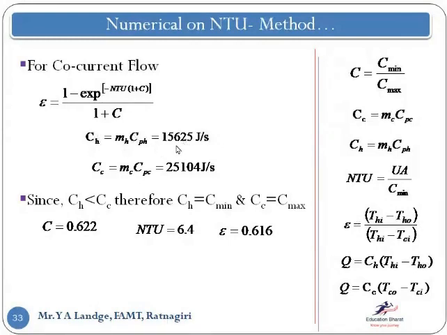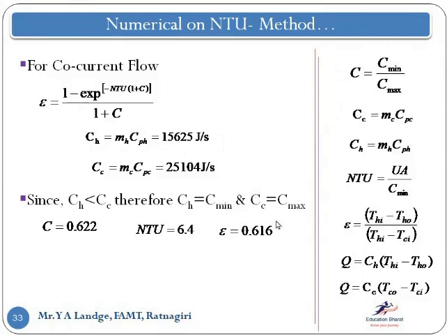It is 15,000. But if the reverse case happens here, say suppose that this value is the minimum. In this case, the formula changes like this: TCO, the outlet temperature of the cold fluid, minus the inlet temperature of the cold fluid, and the denominator as it is, no change. But as the condition here is that this is the minimum, I'm taking THI minus THO, the inlet temperature of the hot fluid minus the outlet temperature of the hot fluid, upon the inlet temperature of the hot fluid minus the inlet temperature of the cold fluid.